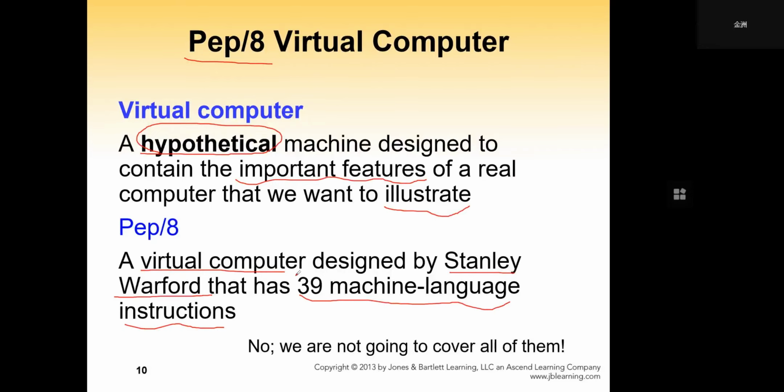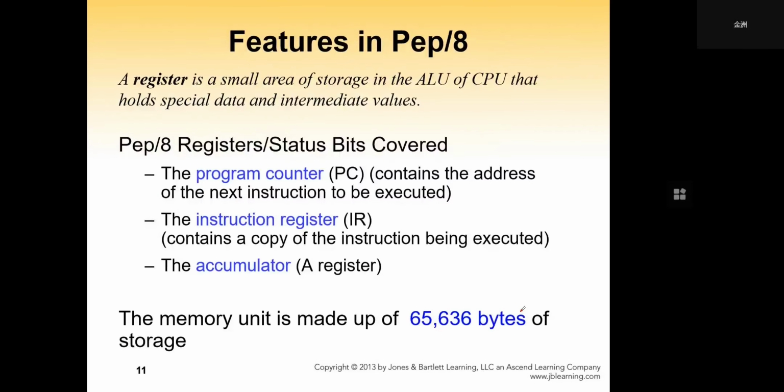All the computer functionality is accomplished through these 39 simple machine language instructions, and then we accomplish all these complicated tasks. We are not going to cover all of them. We just show several of the most important ones